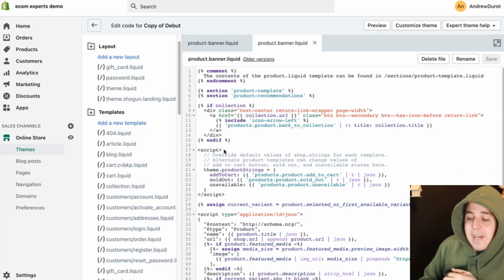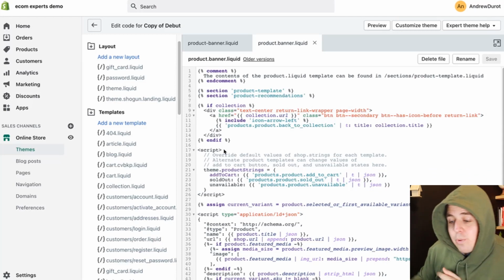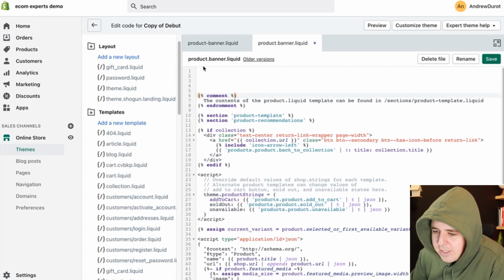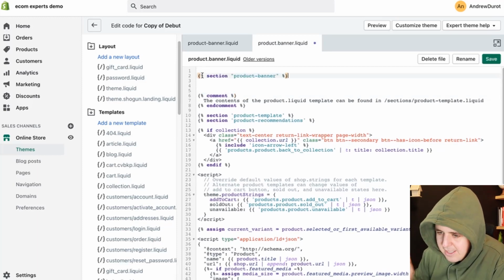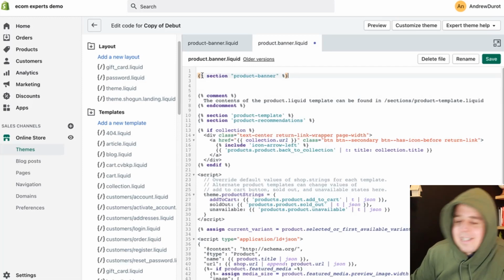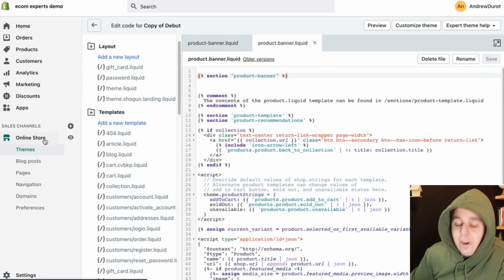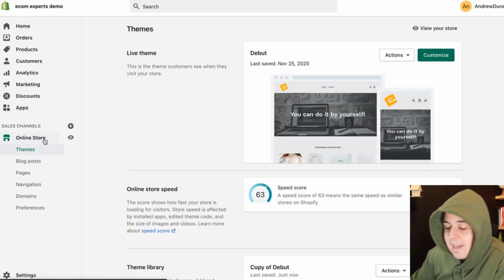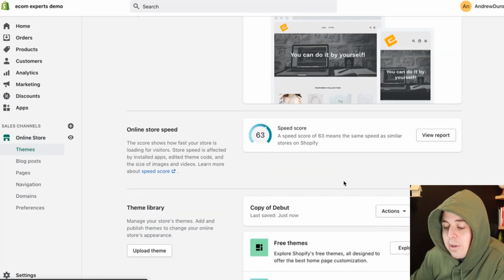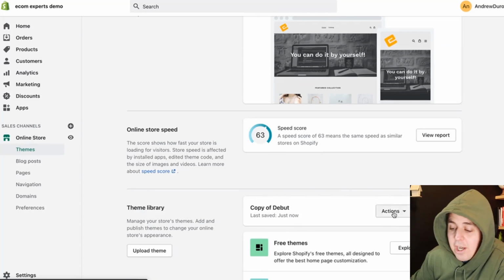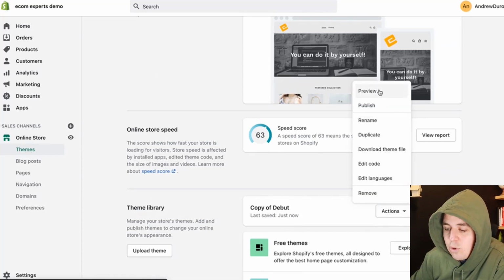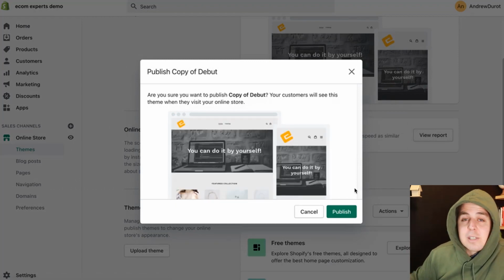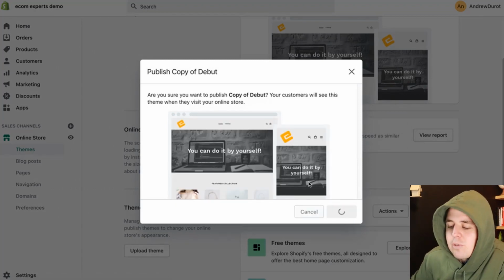All right, in order to do that, we're going to take the template we just created, a product banner. We're going to go to the very top, create a couple of lines here, and we're going to paste that line of code that's written in the description. Then we're going to save it. Okay, for the next step, and this only applies if you chose option A, we're going to have to put our theme live. So we're going to have to click on Actions, and we're going to have to publish. It's going to ask you, are you sure you want to put this version of your code live? And we're going to say yes.